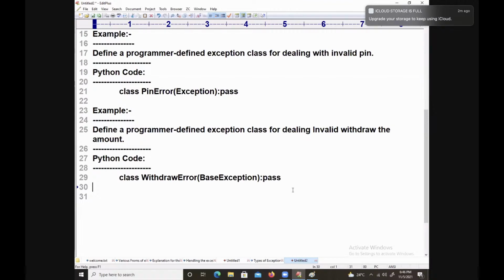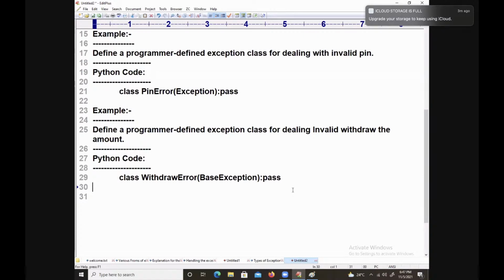Develop an exception subclass for dealing with division by zero problems.